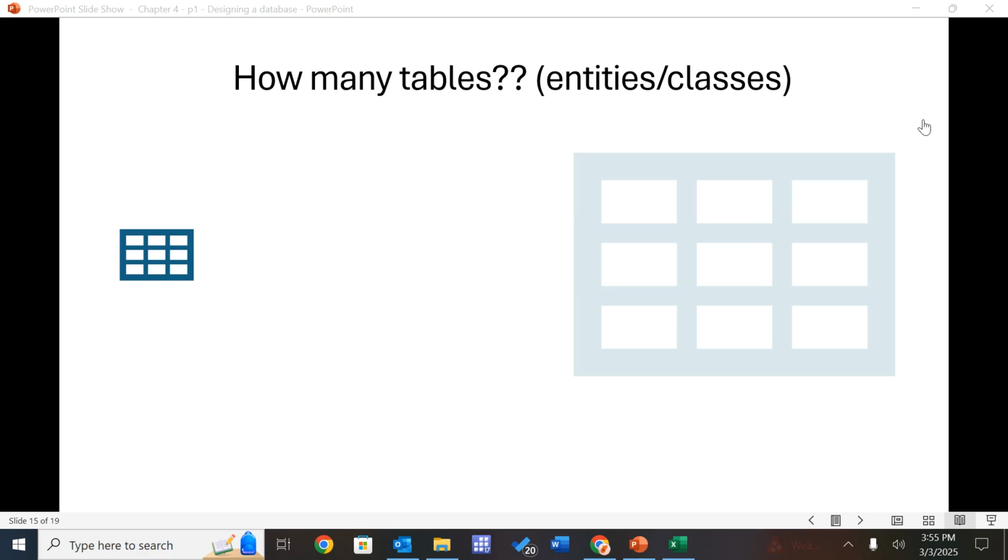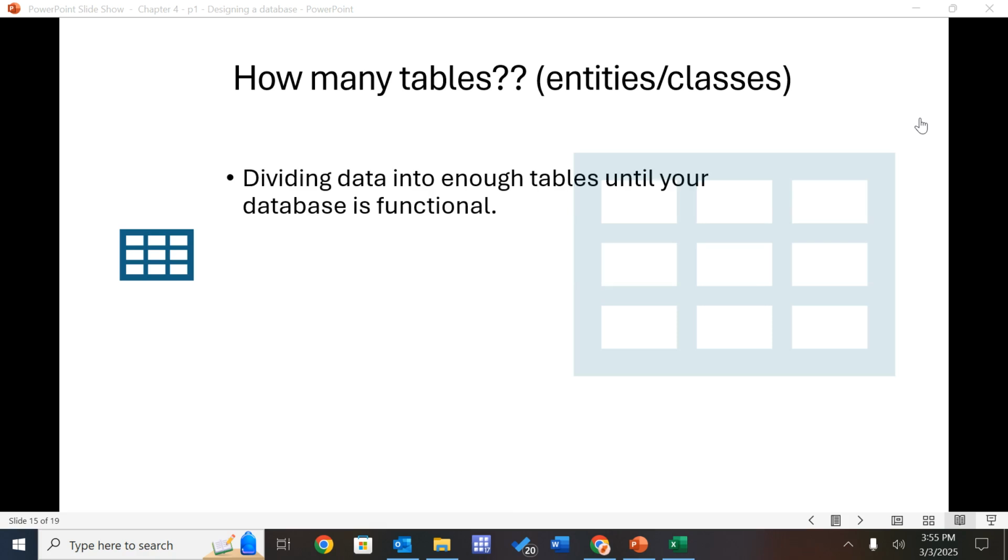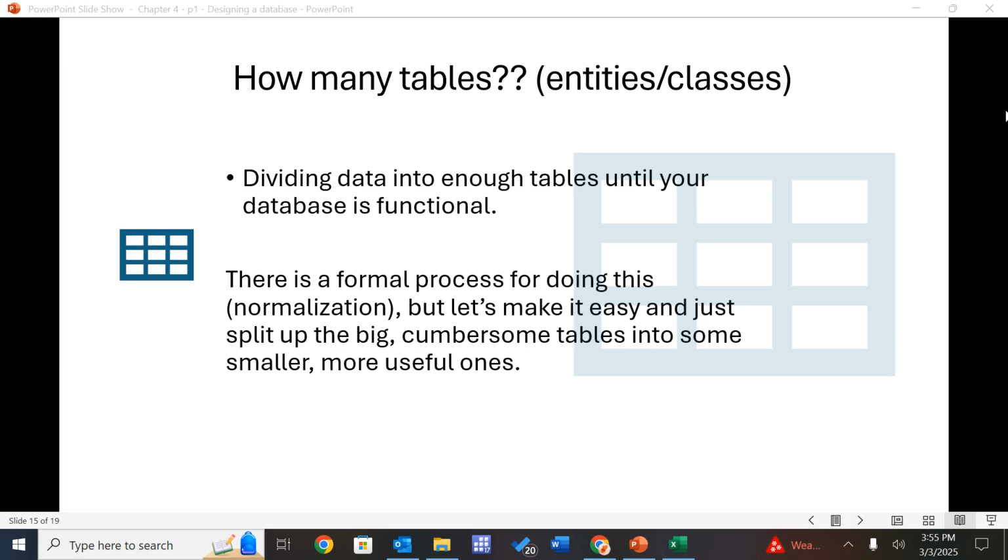Now we have a lot of data. So the question is how many tables? The rule of thumb is that we want to divide data into tables until your database is functional. There's a formal process for doing this. It's called normalization. But let's make it easy and just split up the big and common tables into some smaller and more useful ones. Now, I just want to use this to illustrate how we set up the database. But it's not really something you have to do in any of this